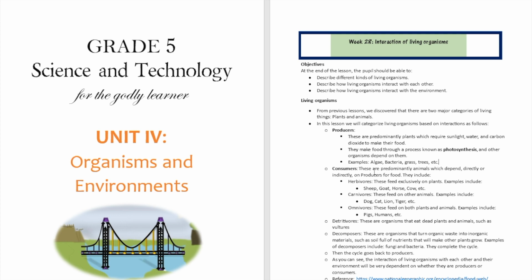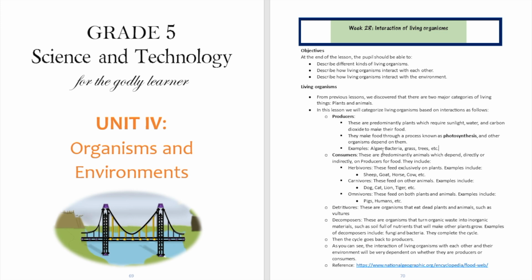But then there are other living organisms called consumers, and these are predominantly animals which depend directly or indirectly on producers for food. So there are going to be three major categories of consumers. We categorized animals based on amphibians and birds and fish a few weeks ago. But today we're going to be talking about consumers from the standpoint of interaction with each other and interactions with other producers in their environment. So there are three major categories of consumers. There are what we call